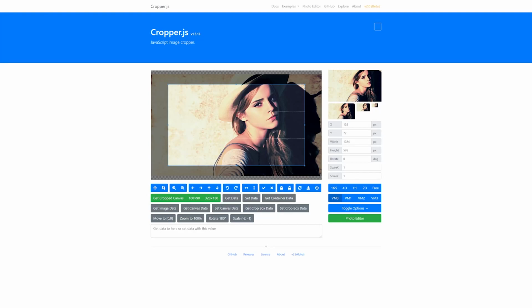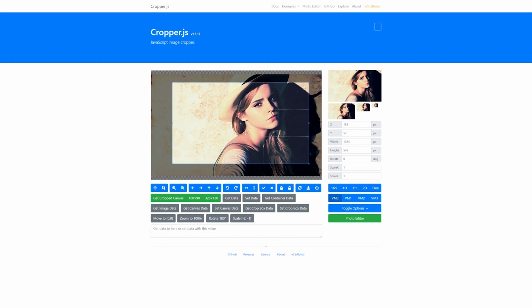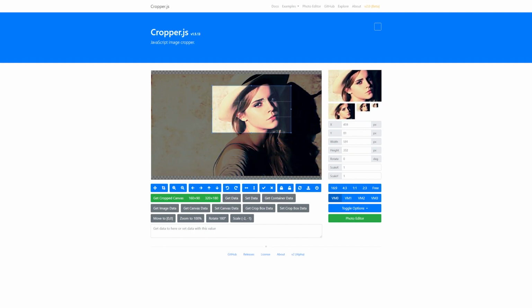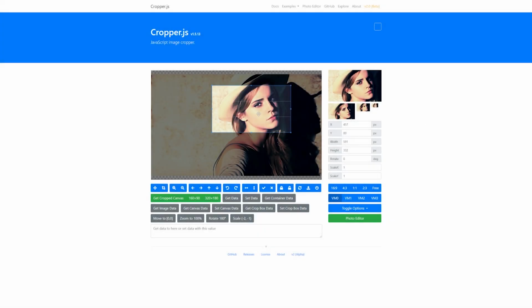Hello everyone, today we're going to be taking a look at implementing CropperJS into a Ruby on Rails application. This will allow you to do a whole bunch of image manipulation, but in this video I really just want to focus on how to get it set up and working with Active Storage so that you can drag around one of these little boxes and find something to crop, and then you can get your cropped canvas similar to this. But instead of doing a pop-up, we'll submit it to the database so that we can save our cropped